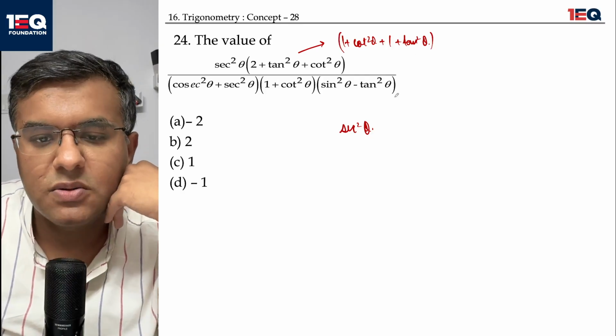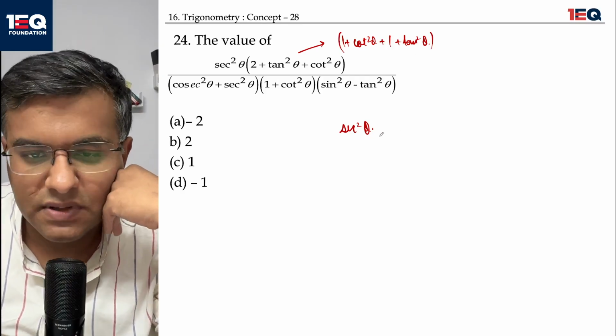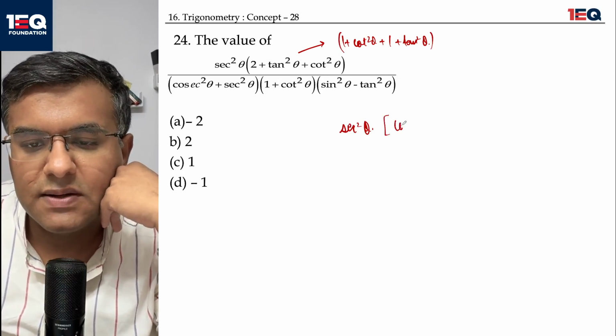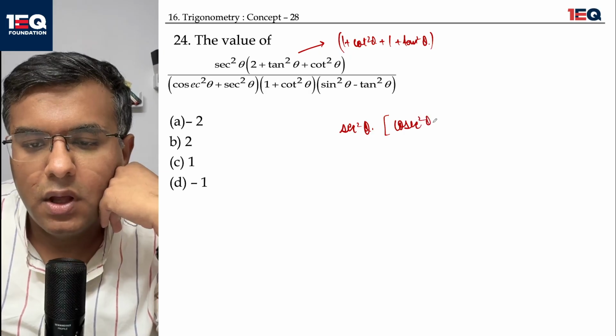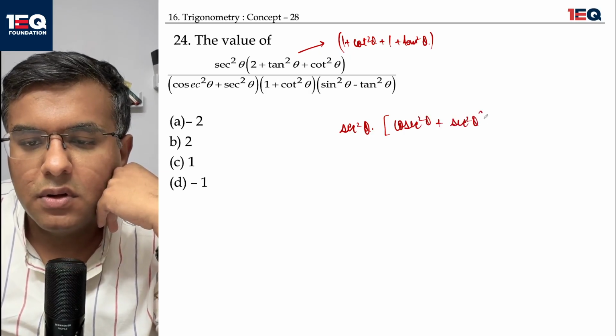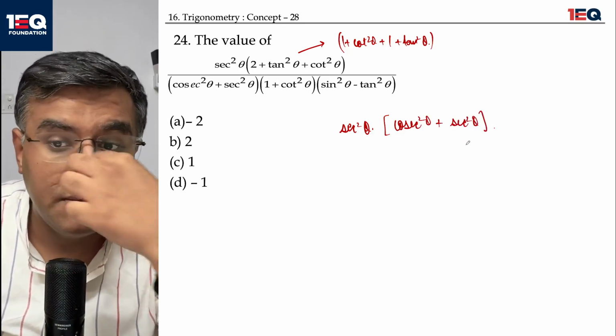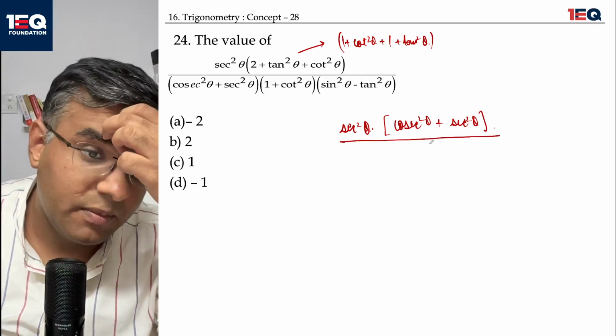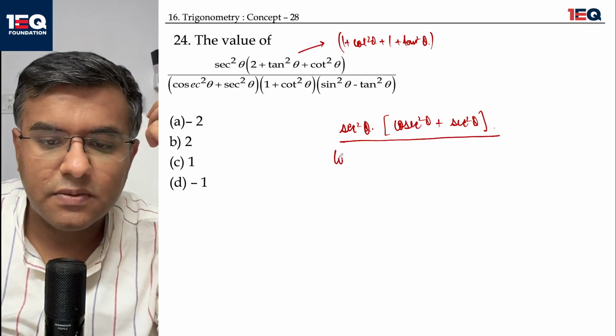I can change 1 plus cot square theta to cosec square theta, and 1 plus tan square theta to sec square theta. So cosec square theta plus sec square theta, whole thing would be divided by cosec square theta